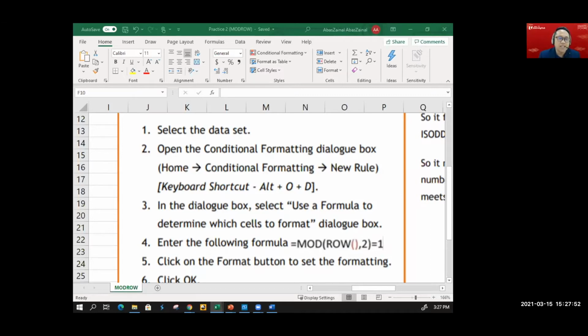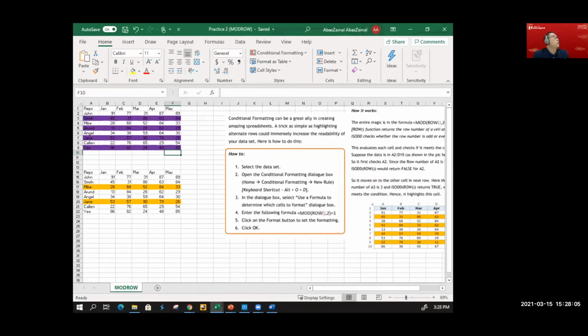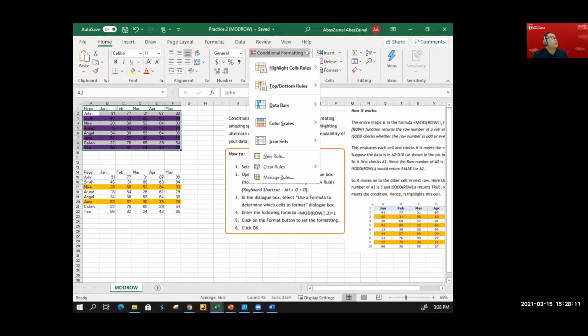Okay, somebody's asking, I key in the formula, but where do I choose the color? Let me just walk through once again for the benefit of those who are still not able to catch it. All right, here we go. Allow me to just minimize this a little bit. I highlight first, then conditional formatting here.